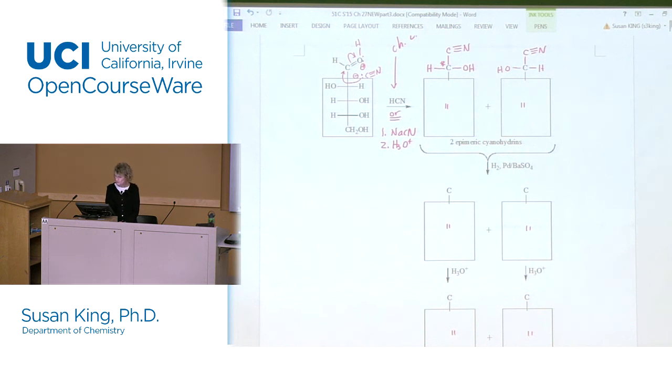So H2, palladium, barium sulfate. So basically what this is going to do is it's going to partially reduce the nitrile. Because of the barium sulfate, it has a little bit reduced reactivity, so we're not going to reduce the cyano group all the way to a CH2NH2. We're going to stop at an imine. And so what it looks like after that step is